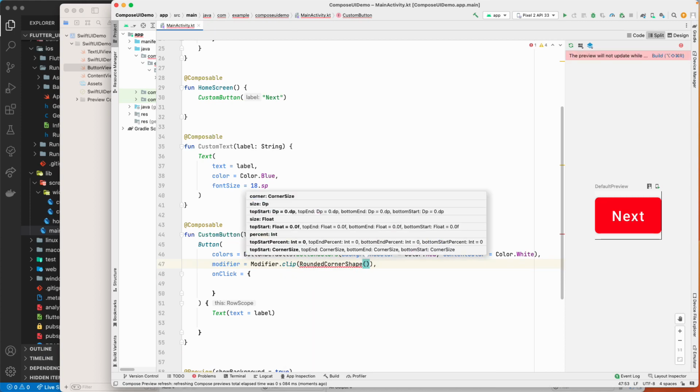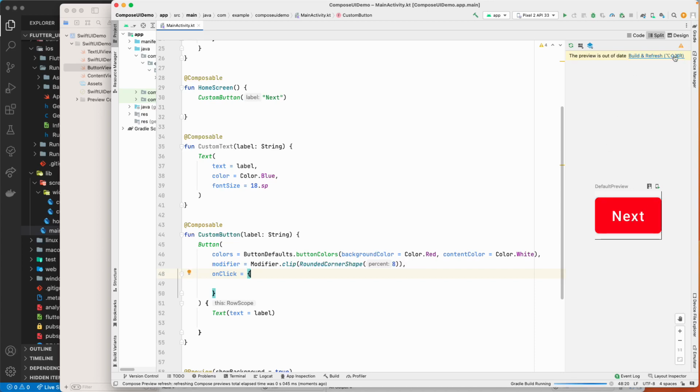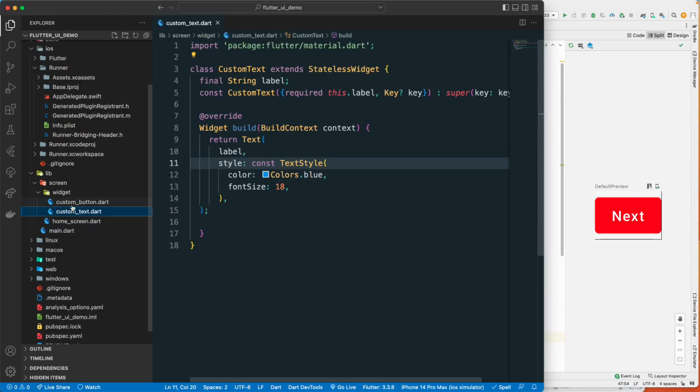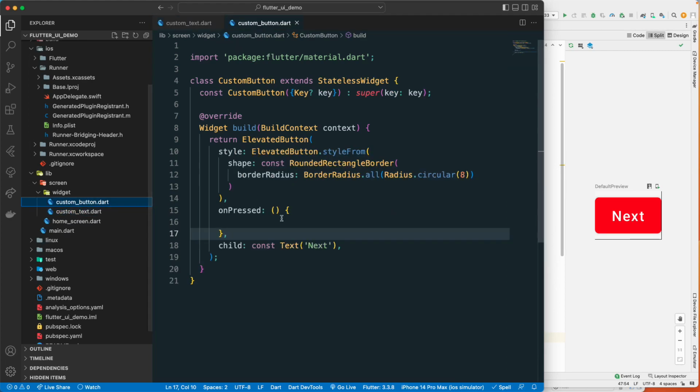Here I can just pass in the radius or the percentage to round the corners. If you want to make it more rounded, you can pass in a larger value. Let's see, if I pass in 50, you can see it becomes much more round, right? But I guess 4 or 8 is good enough for us. If you want to modify more, you can just go and modify it over here. So now we have created our widget on Flutter, which is the custom button,